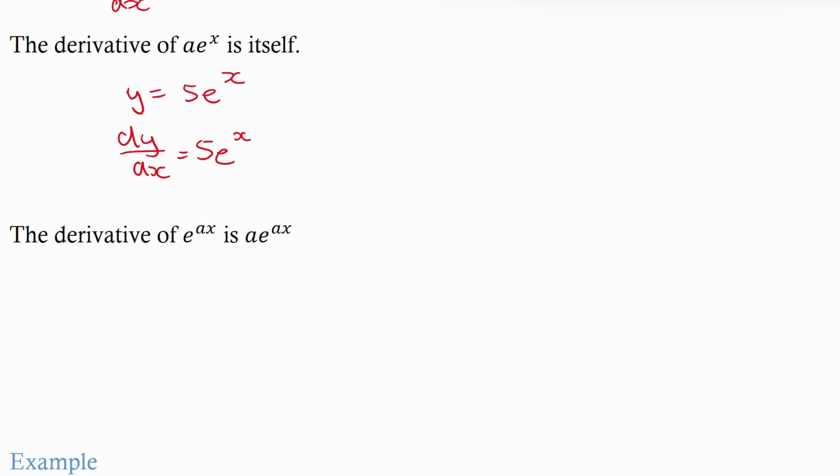I don't really like that. How I like to look at it is if I have something like y equals e to the power of f(x), some sort of function at the top there, the derivative is going to be the differentiation of that power and then e to the power again, e to the same function. So what I mean by that is if I do an example, let's say I have y equals e